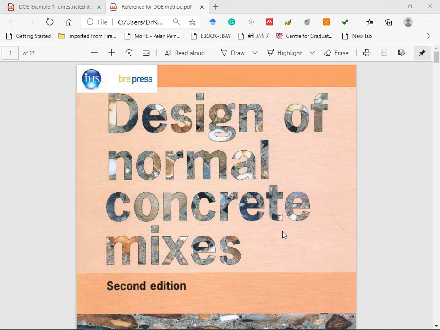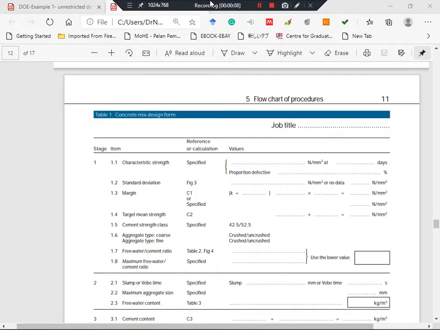This is an example for design of normal concrete mix, and this is the mix design form for the DOE method, Department of Environment. In this flowchart procedure, there are 5 stages. This is the first stage. The first stage is to determine the